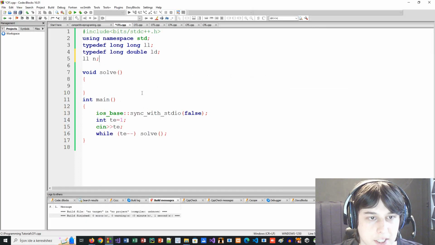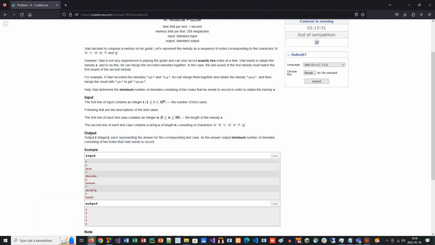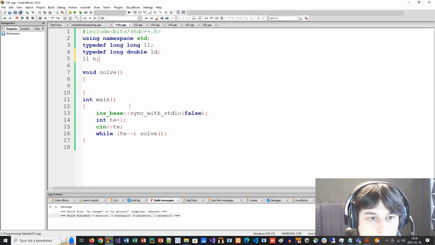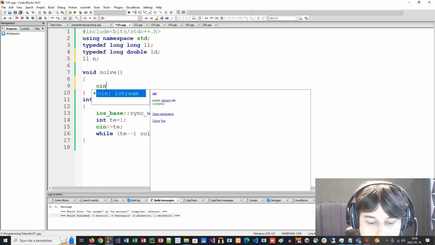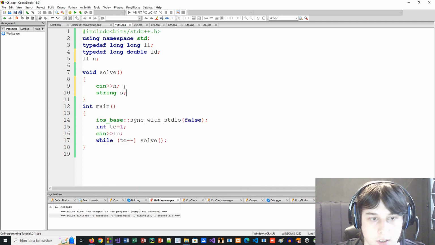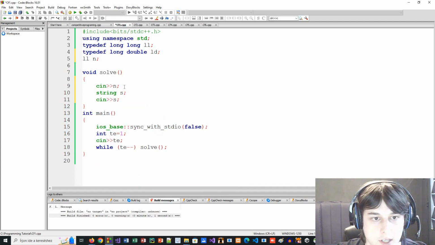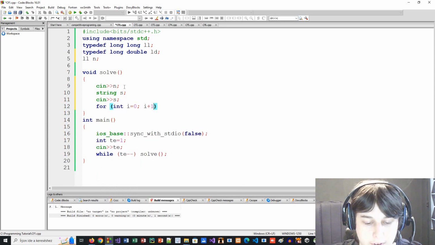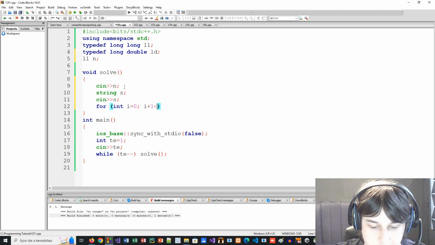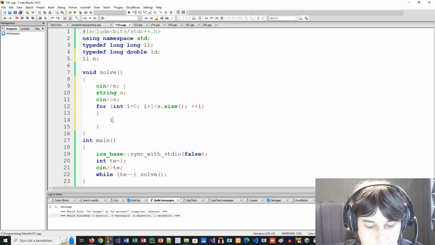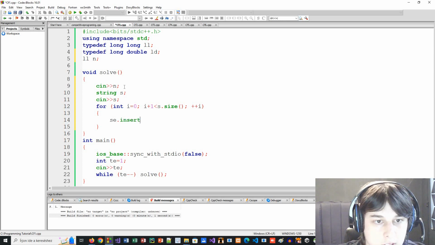So in this problem, we just need to count the unique strings, or unique two-character substrings, in a string. So we will have a number, the length of the string, as an input, then we will have a string, and then we will input the string, and here I go i plus 1 less than s.size, or you can use n as well. And I will have a set where I insert